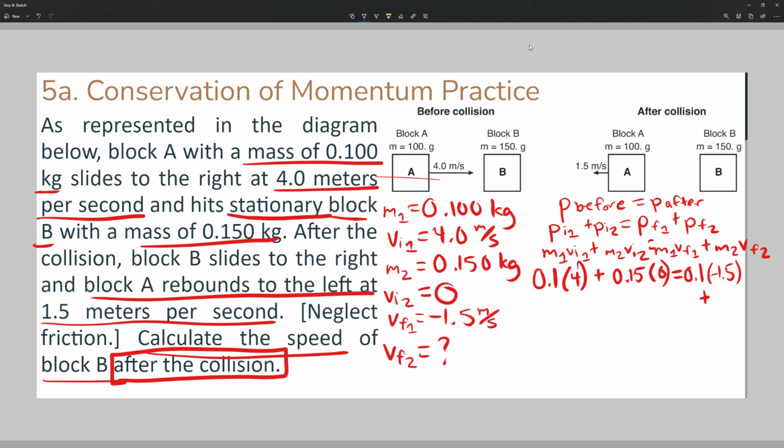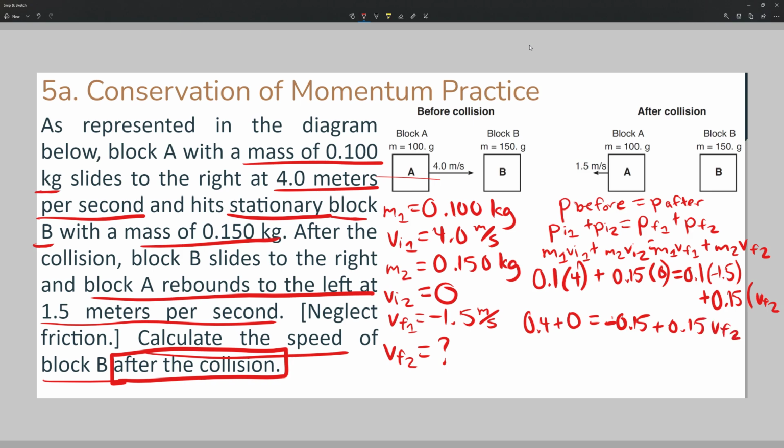You can see here I'm running out of space, right? This is not intended. Okay, that's plus there. So 0.1 times 4 is 0.4. 0.15 times 0, that's 0. 0.1 times negative 1.5, obviously negative 0.15. Plus 0.15